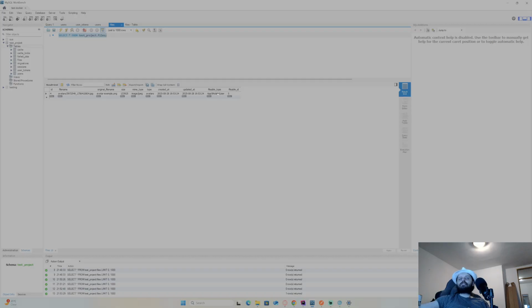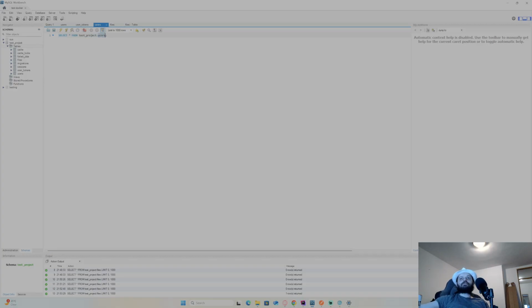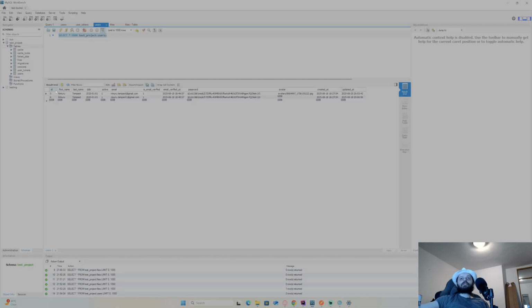Now this is how morph in Laravel works, at least in one-to-many relationships. Many-to-many is a bit more complicated, but not too much. So this belongs to fileable with ID 5, and that fileable is user. So this says to me and to Laravel, hey Laravel, this file here belongs to user with ID 5, right? So it belongs to this user, to Rimmer Tempest, to my boy Rimmer. So this avatar belongs to Rimmer, in other words.